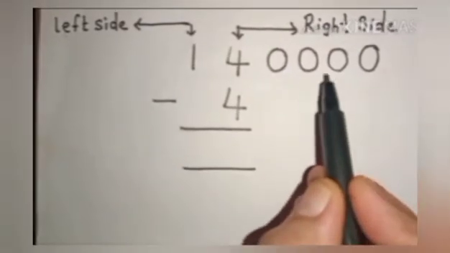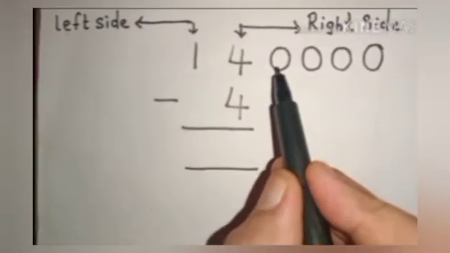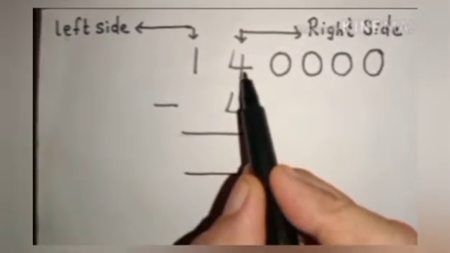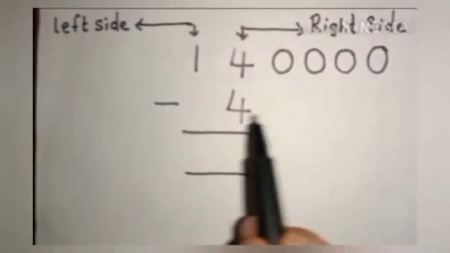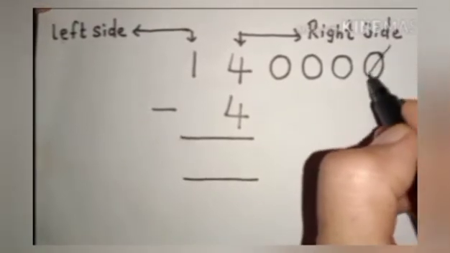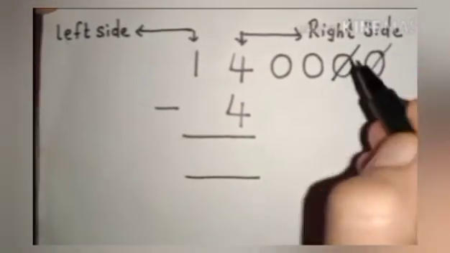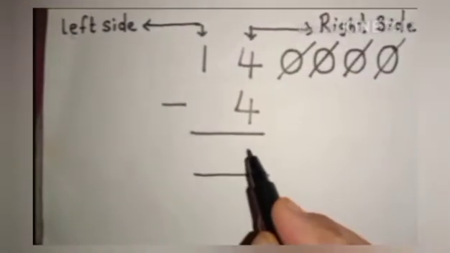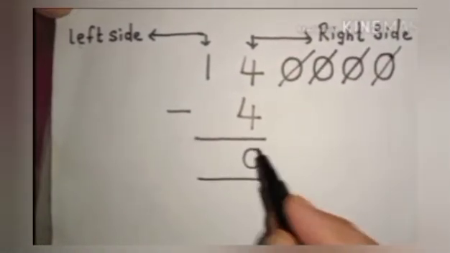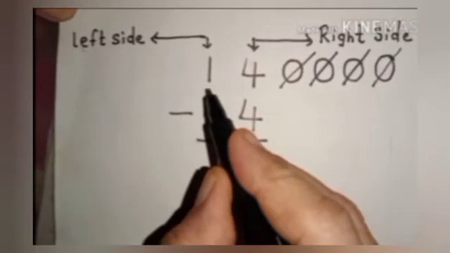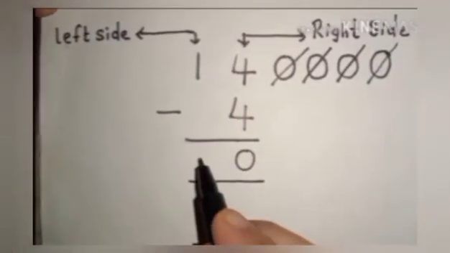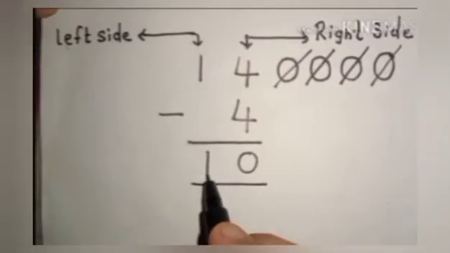Now you can all see the balls. 1, 2, 3, 4. 4 balls. Now minus 4. From 4 balls you have to minus 4 balls. 1, 2, 3, 4. The answer is 0. This 0 you have to write in the ones place. Now this 1 will come down as there are no numbers to subtract. So this 1 you have to write in the tens place.